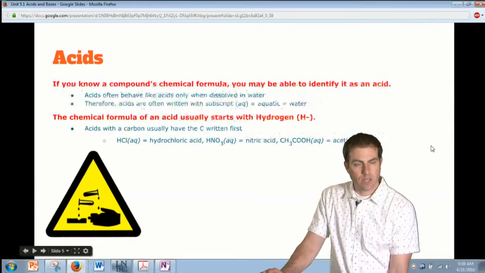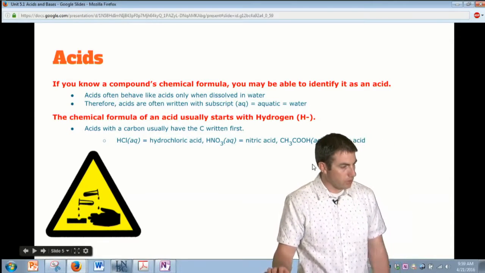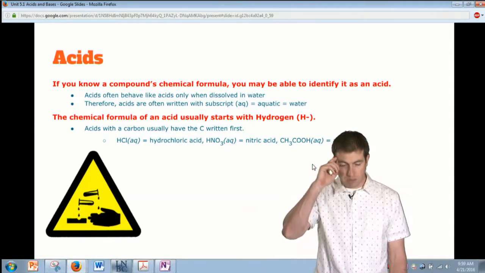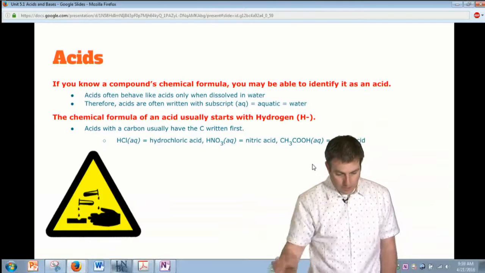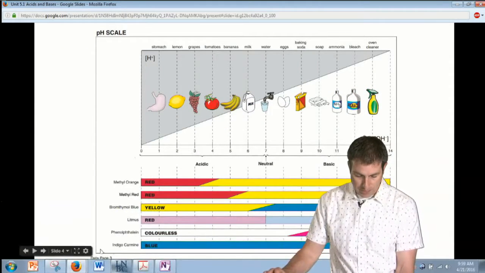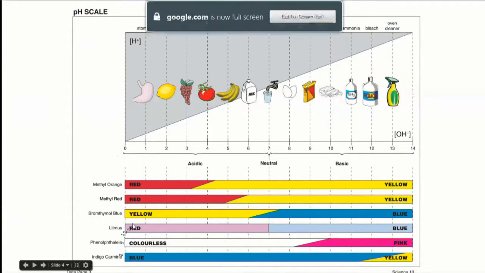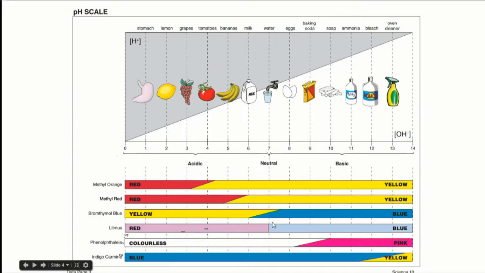I'm going to just slide over here. And I have some indicators next to me here, and we're going to maybe look at a couple of them and see how they react. So I'm going to leave up this chart, and we'll refer back to that. But the first thing I'm going to look at is litmus. So litmus is red or blue. And if litmus is put in an acid, it turns red, and if it's put in a base, it turns